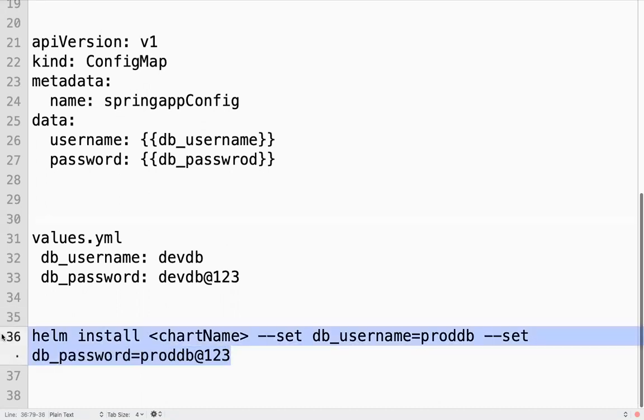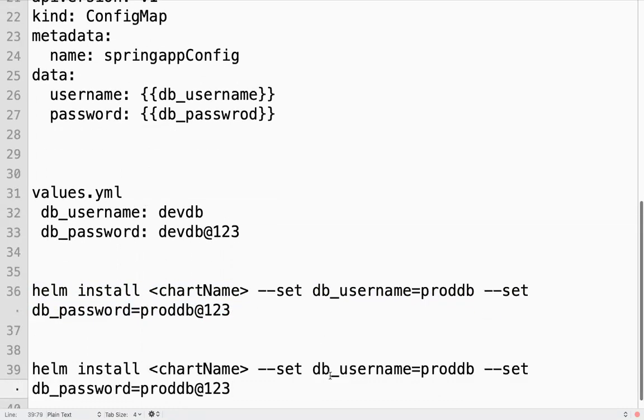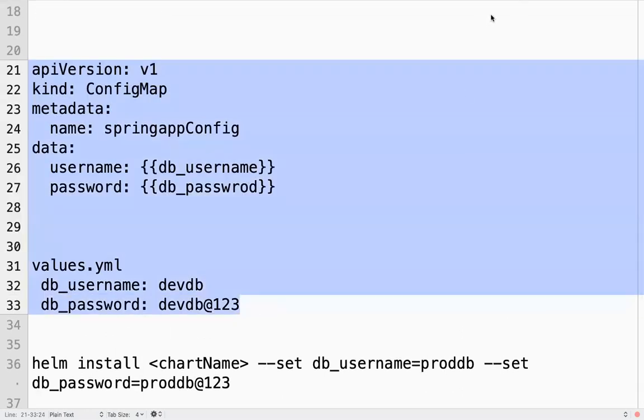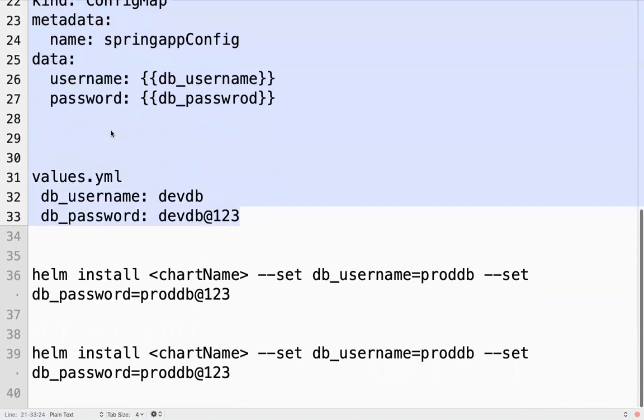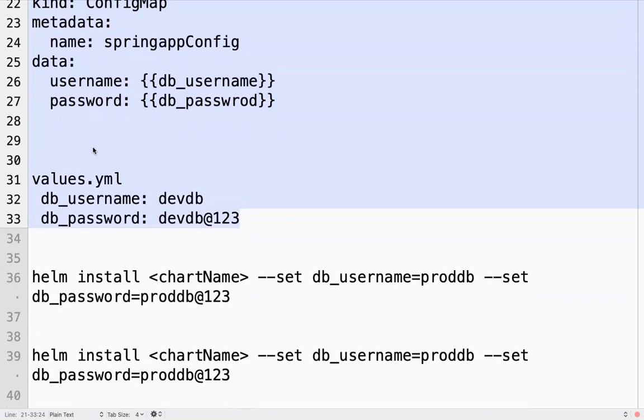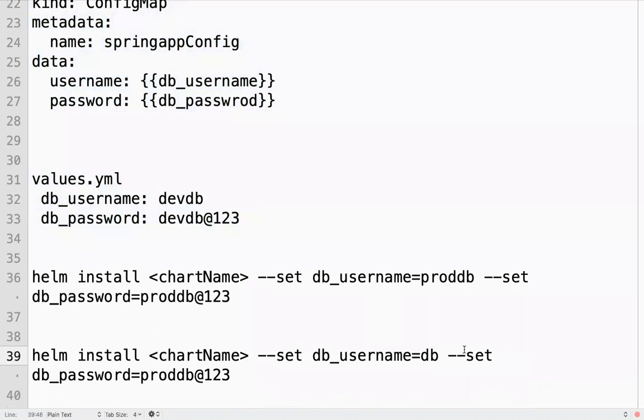So I can pass values at runtime. I don't need to touch my Kubernetes templates. I just need to create a Helm chart once. So I don't need to modify my Kubernetes manifest every time. I just need to create a Helm chart, a Helm template, once. I can play with these values. Suppose in dev I want to deploy just something like this. Just to give an example, you can customize values.